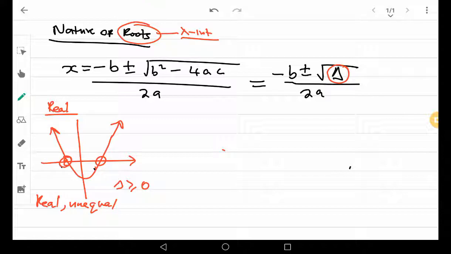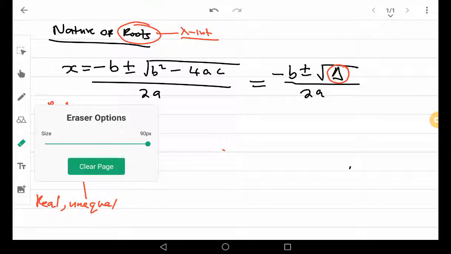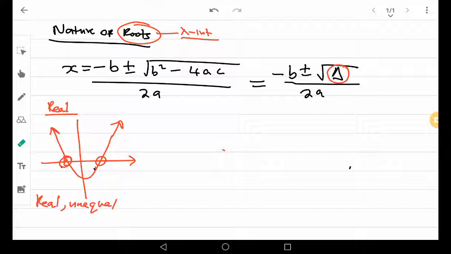We get real roots. So under real roots, when roots are real and unequal, it means our delta is greater than 0, or delta is a positive number, because the square root of a positive number is going to be real. And then if this delta is equal to a perfect square,